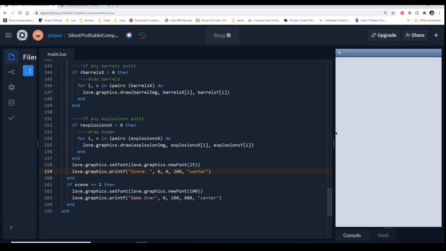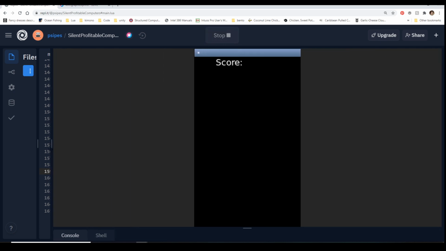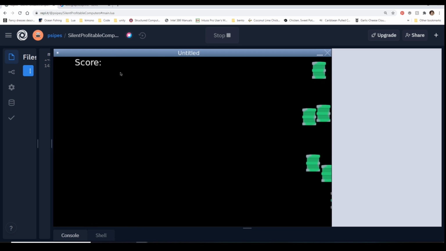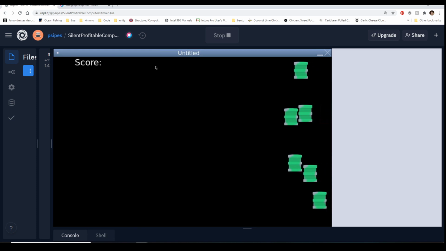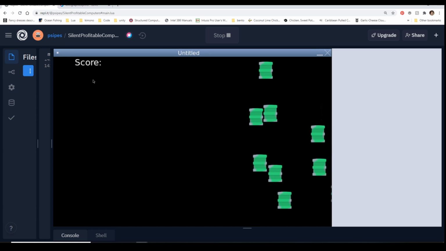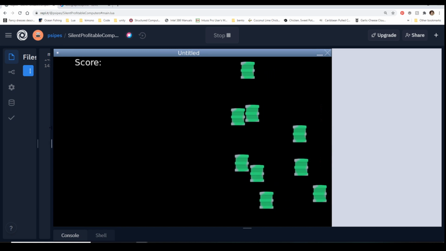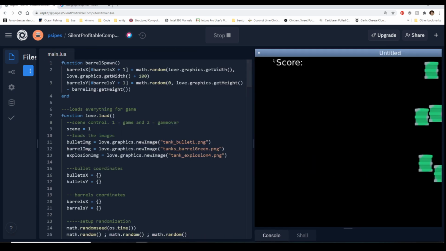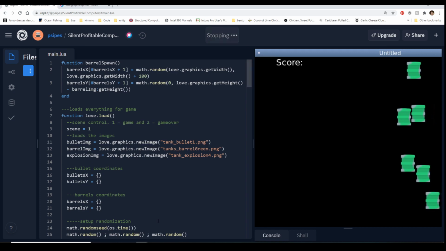So when we run, you can see we have that score. And you can move it wherever. This will get a little bit blurry if it's not pixel perfect, so you may have to tweak it a little bit more. But we've got that pudding.